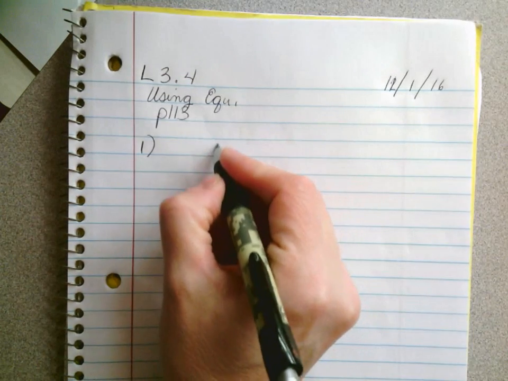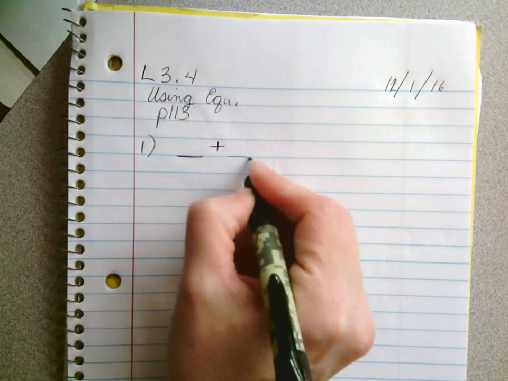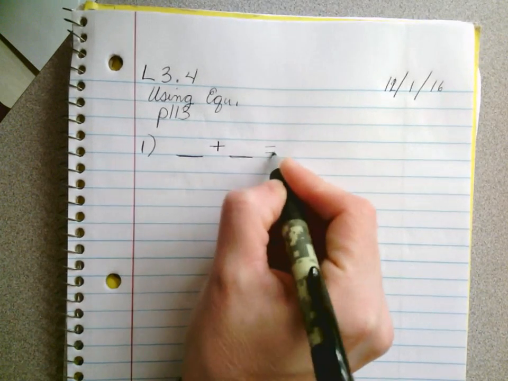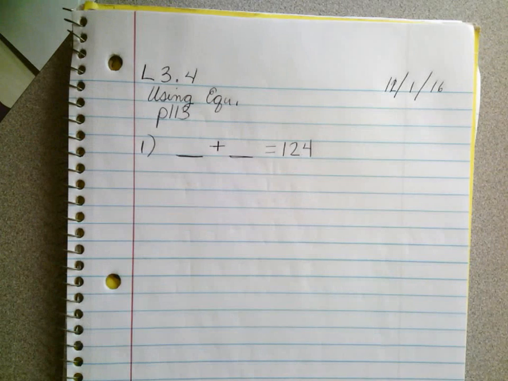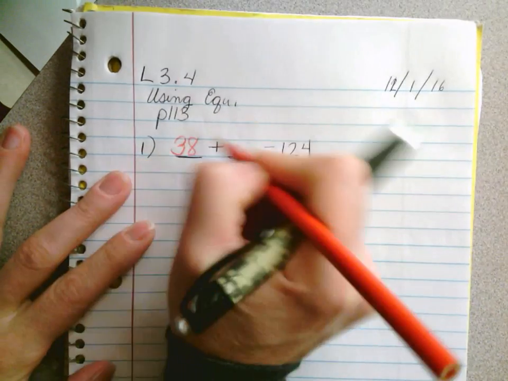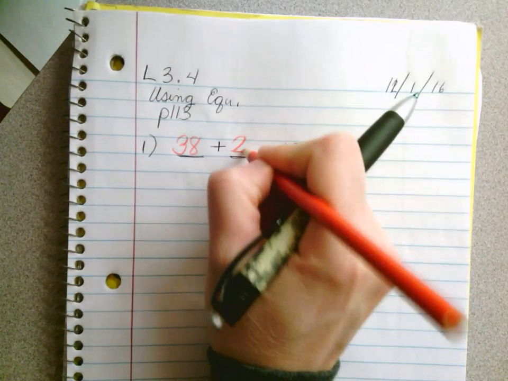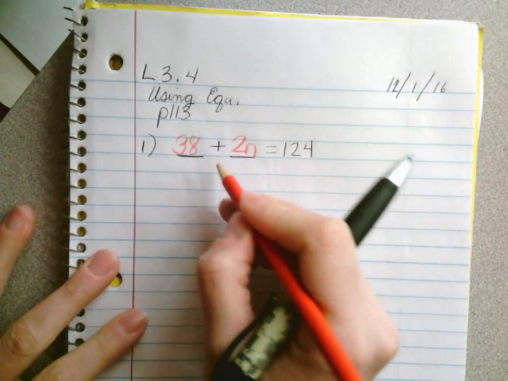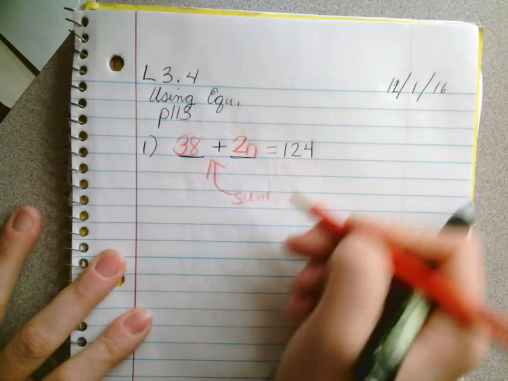So we're adding, right? The sum of two things is 124. The question is, what are the two things being added together? Well, one of them is 38. What's the other one? Yep, good. So this is the sum of 38 and twice a number